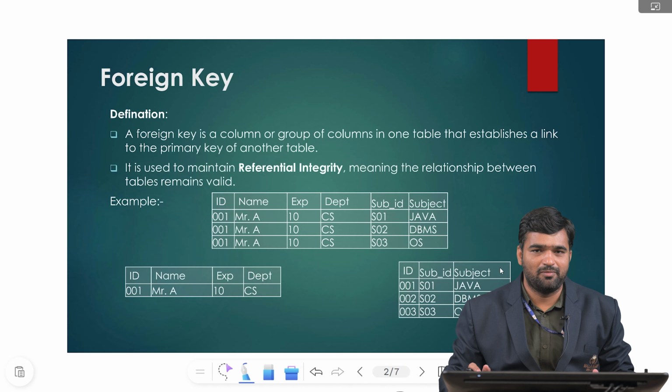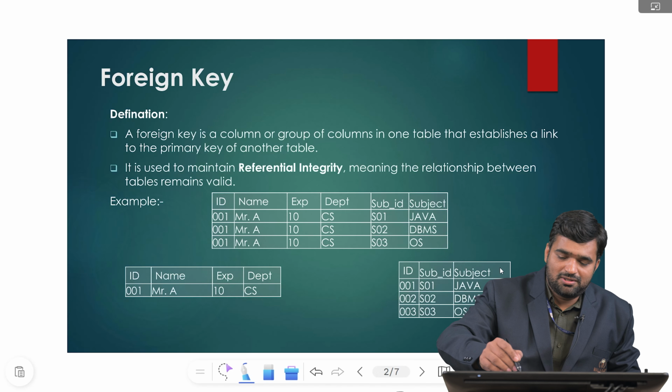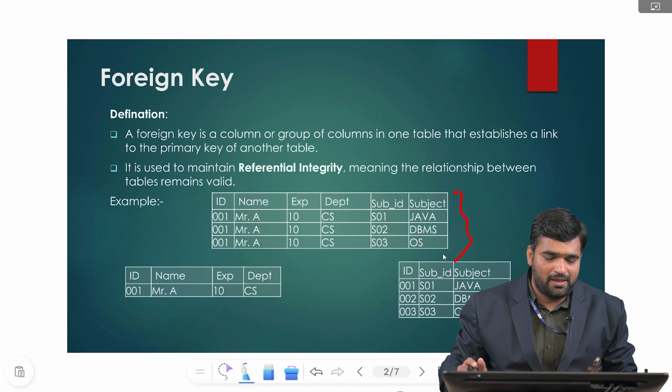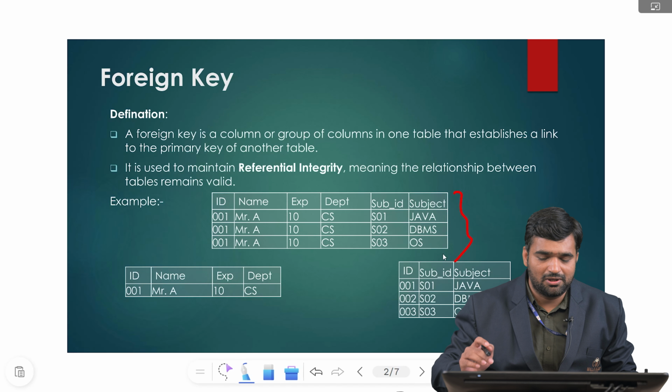To maintain the data of the faculty members, I am taking a simple table. Here I am maintaining the faculty ID, faculty name, experience, and the department of the faculty, and the subject taught by the faculty member and the subject name. If you observe this particular table,